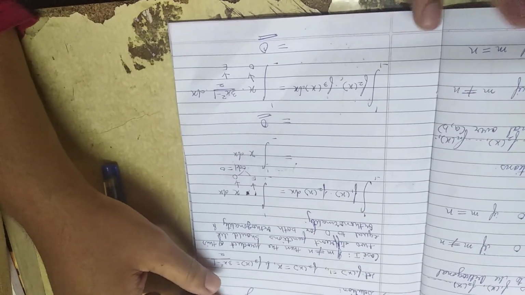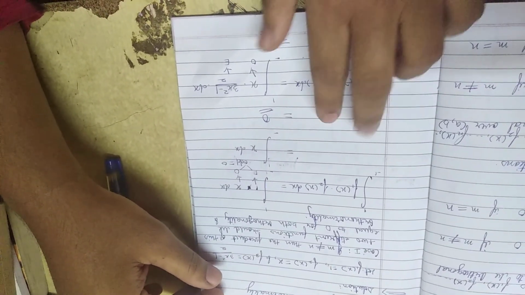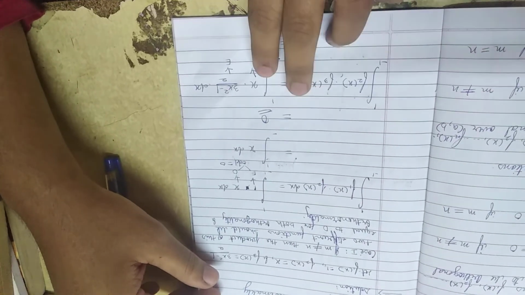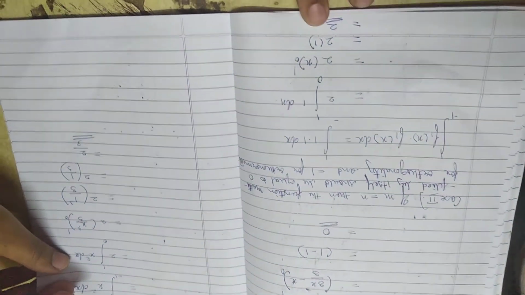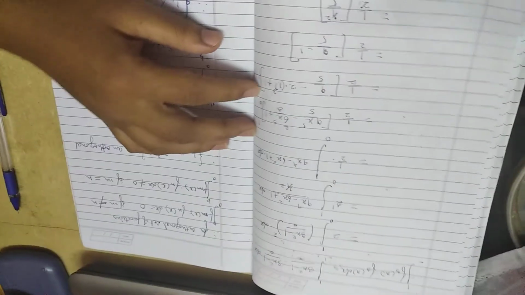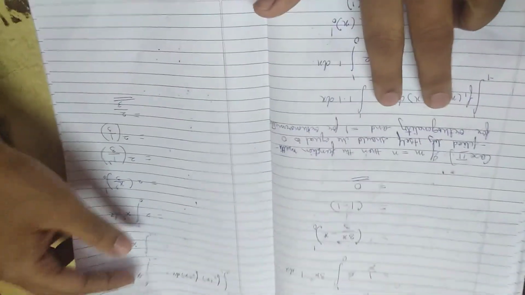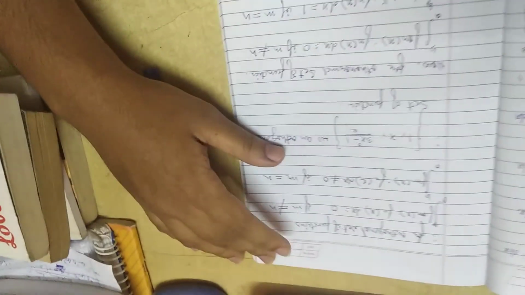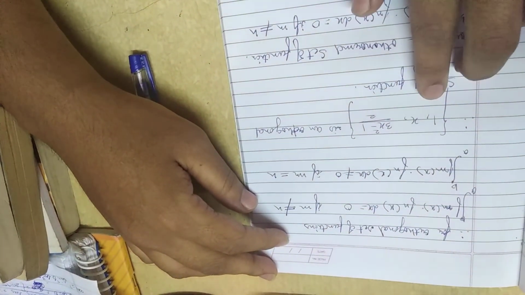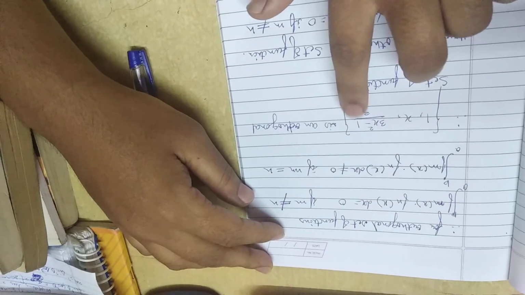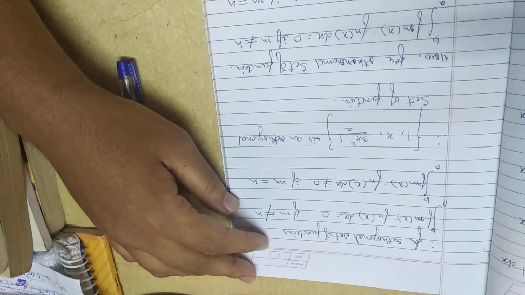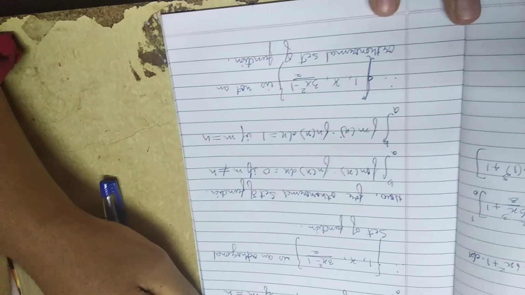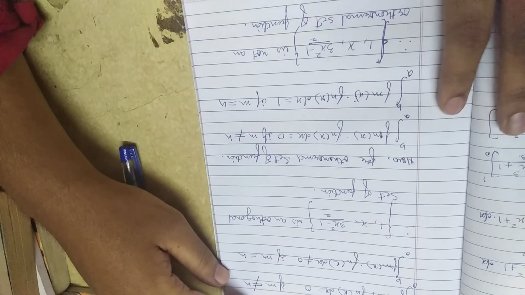So from the solved example, we conclude that when we solve two different functions, we got 0, which satisfies case 1, and when we solve the same function with itself, we get a non-zero number, that is 2, 2/3 and 2/5. So it satisfies the second case. So from that we conclude that the given set of functions 1, x, (3x² - 1)/2 is an orthogonal set of functions because it satisfies both the conditions of orthogonality, and it is not an orthonormal set of functions because it doesn't satisfy both the cases of orthonormality.